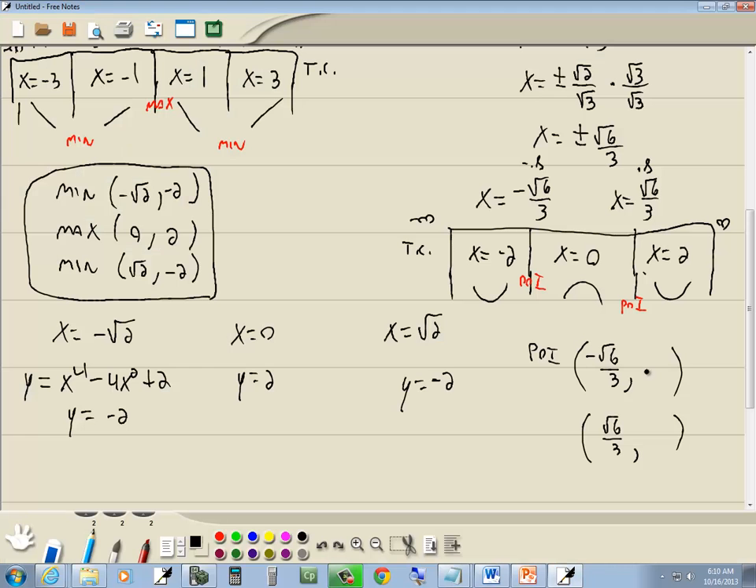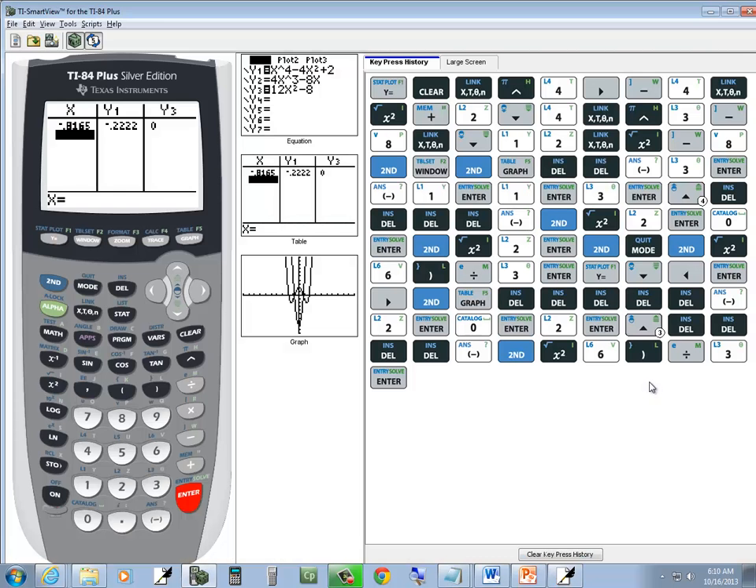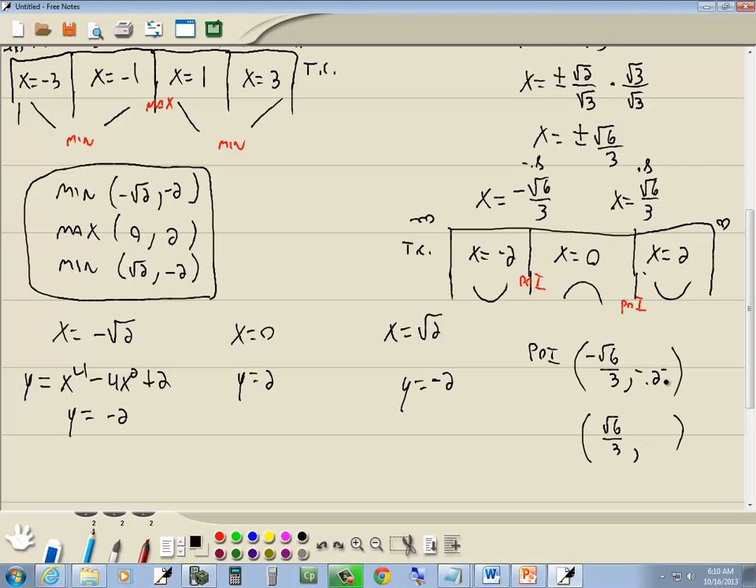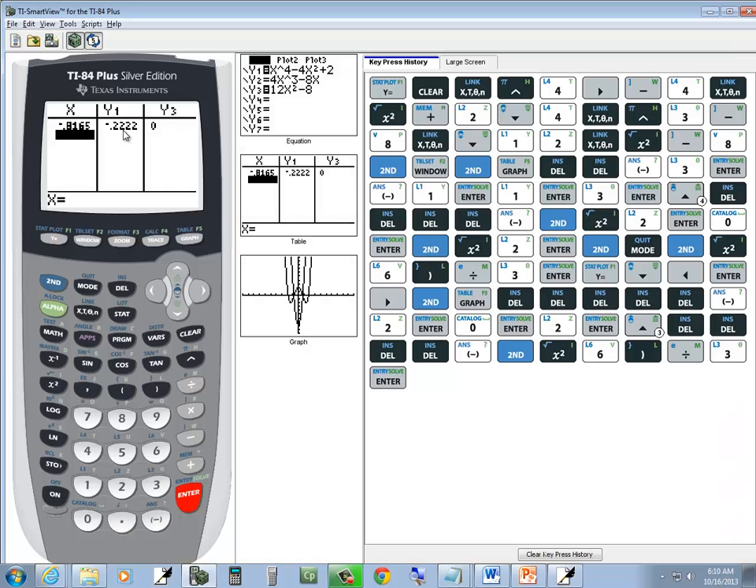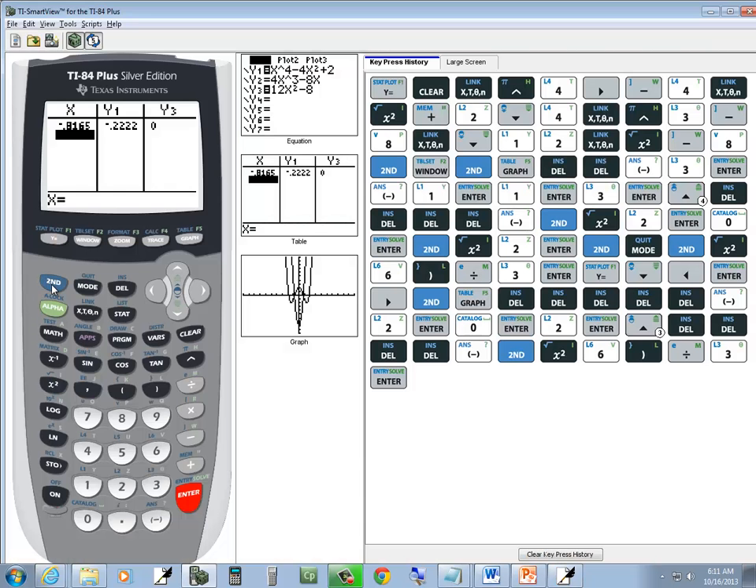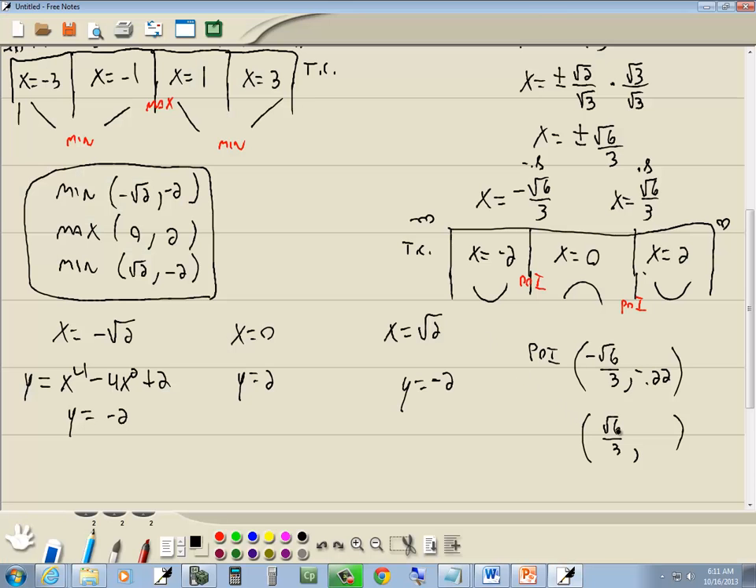Wonder why that didn't come out nice though. -0.22, probably because I'm asleep. Oh, I know why. And then this next one, if we put √6/3, I do second x squared, 6, close parentheses, divided by 3. And we get another -0.22. Now, like I say, I'm happy with those answers right there. If you're curious,